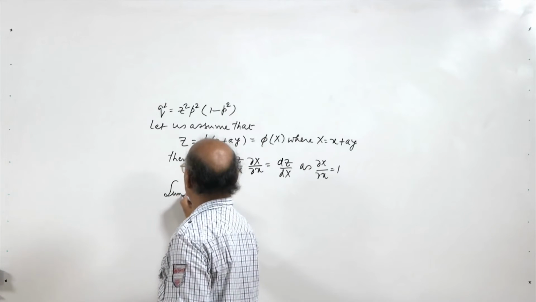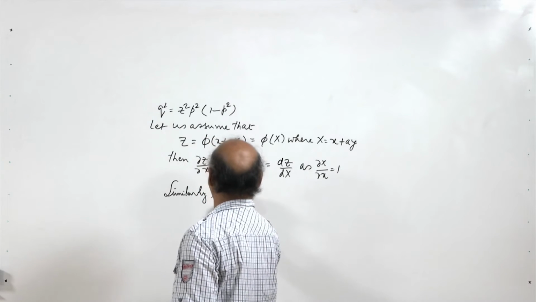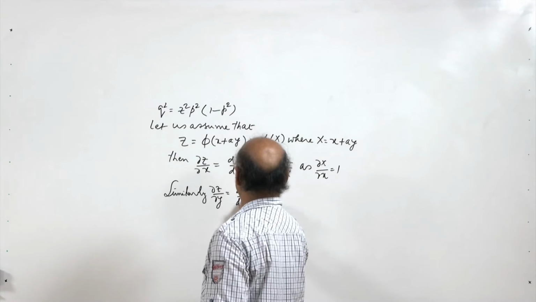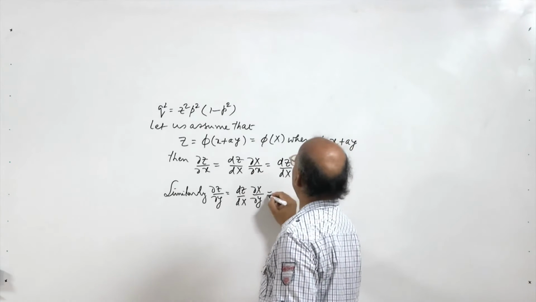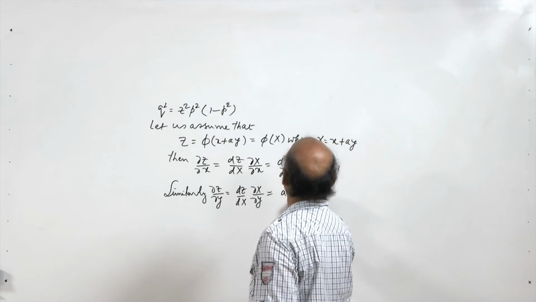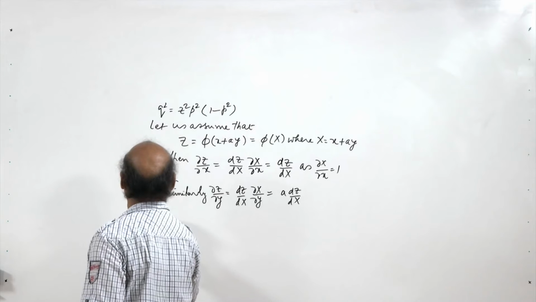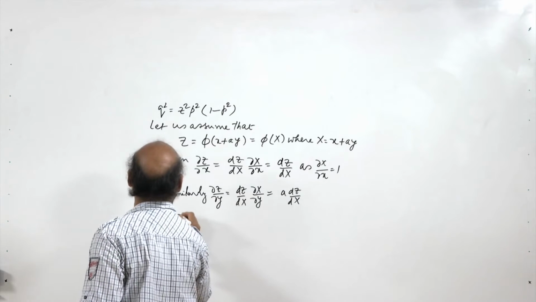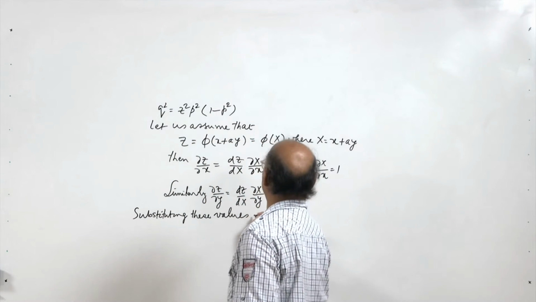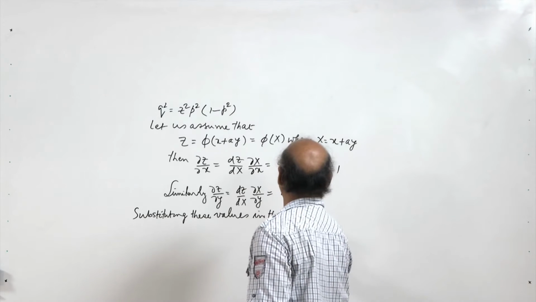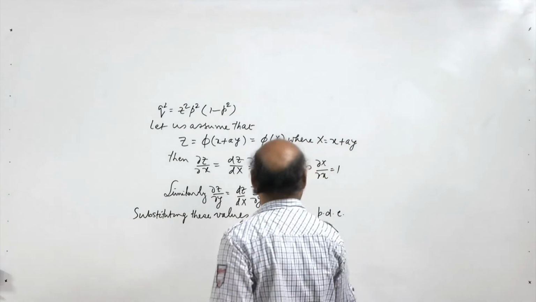Similarly, delta z by delta y is equal to dz/dX into delta X by delta y, and when we differentiate X with respect to y, what we get is a. So a dz/dX. So let us put these values in the given differential equation. So substituting in the given partial differential equation, we have